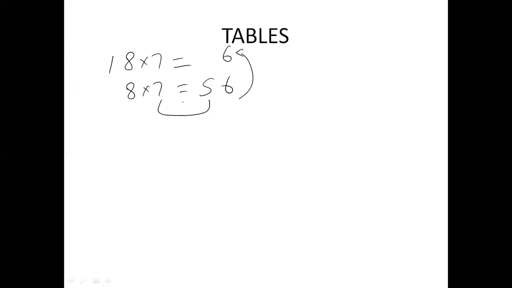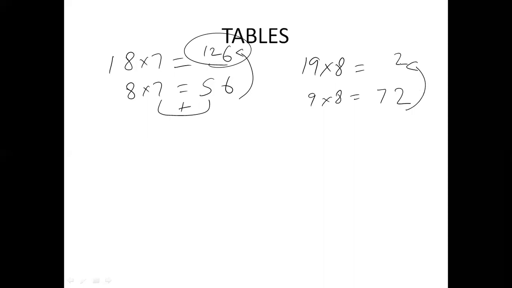This table concept might be a simple one, but very useful for you to save your time in minute calculations. What is that? For example, you wanted to calculate 18 into 7. How quickly can you do it? We all know that 8 into 7 is 56. Copy the 6 here, and 7 plus 5 is 12. That is your answer. One more time. If you want to calculate 19 into 8, quickly do 9 into 8. That is 72. Copy the 2. 8 plus 7, 15. Copy it here.